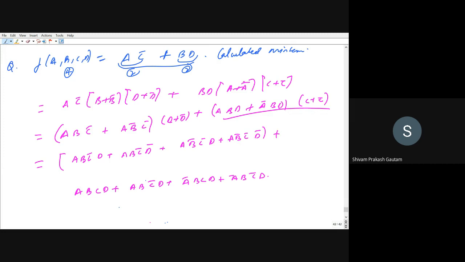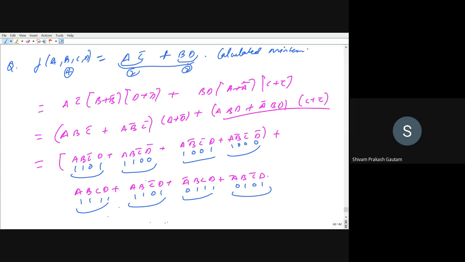So this can be represented by 1, 1, 0, 1, and this term is 1, 1, 0, 0, 1, 0, 0, 1, 1, 0, 0, 0, 1, 1, 1, 1, 1, 1, 0, 1, 0, 1, 1, 1, 0, 1, 0, 1. So this is how much in decimal? Tell me. So this you can see, you can now convert this all in decimal. So this can be represented by 5. This can be represented by 7. This is 15. This is, I think, 9. Right? This is 8.